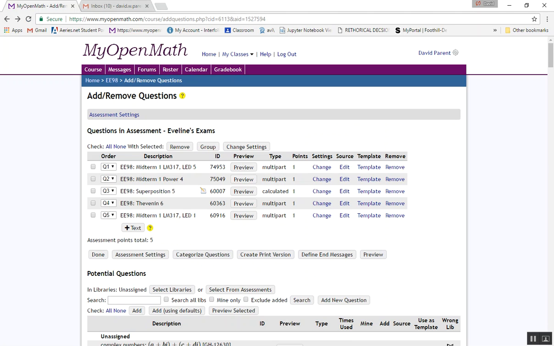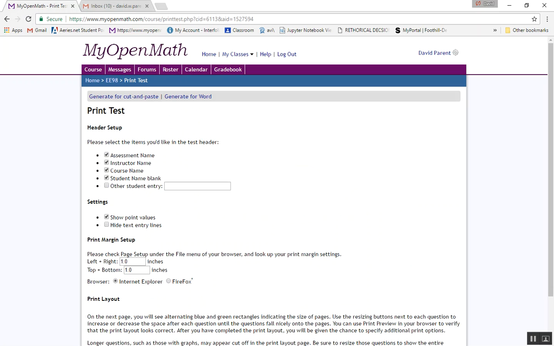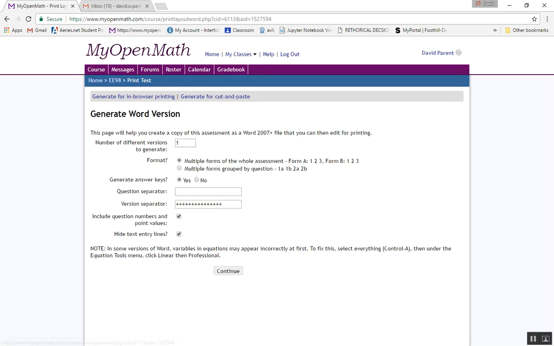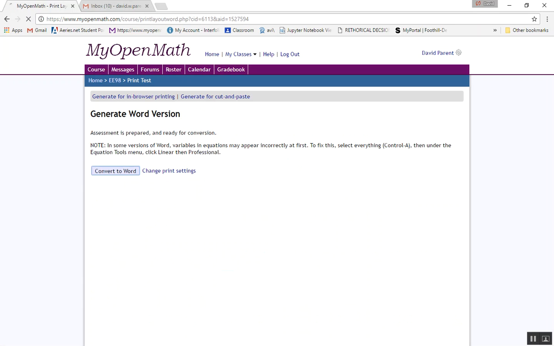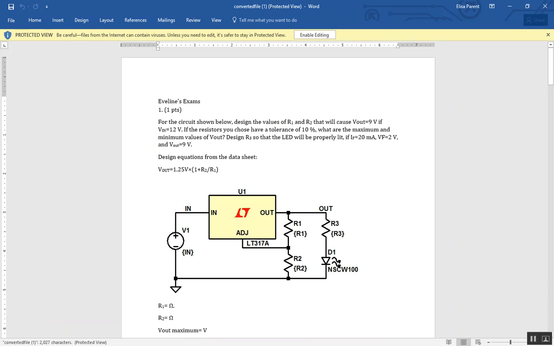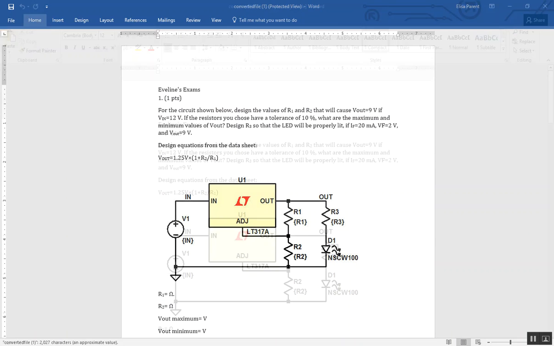So if I want to create a print version just like before, just click on print version. I like generating for Word, and just convert to Word. Generating for the cut and paste, this just seems to be a lot harder. Okay. And so here,